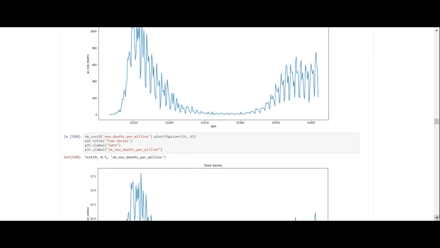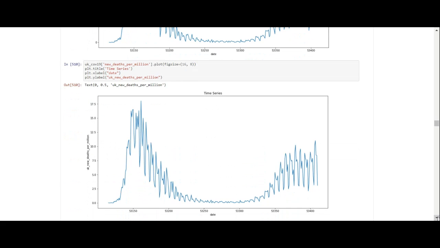So now I wanted to do another one, and I wanted to call it UK new deaths per million. In the beginning of the pandemic, we had a lot of deaths per million. So they had the lockdown to try to save the NHS, because the NHS can't cope with all of these people with COVID. And the lockdown helped decrease the deaths.